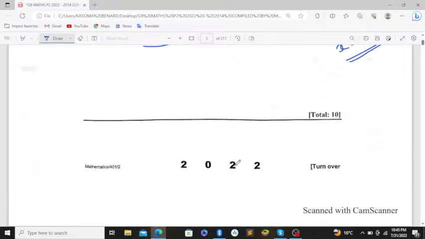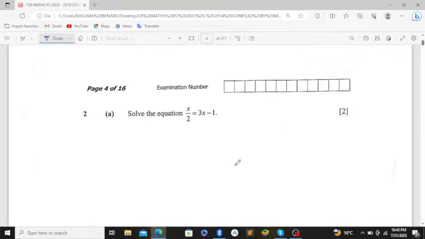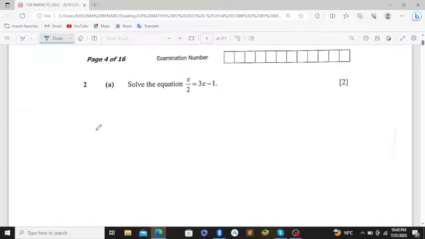Okay, we go to this question, which is question 2, which is 2a. So question 2a, we have got: solve the equation x over 2 is equal to 3x minus 1. So what I'm going to do here, for me to solve this equation, I'm going to rewrite the expression x over 2 is equal to 3x